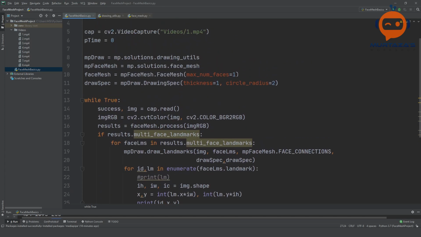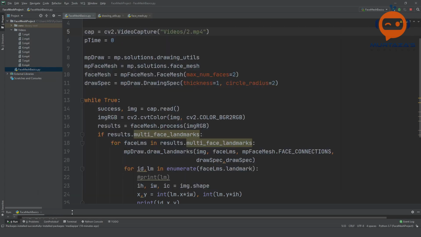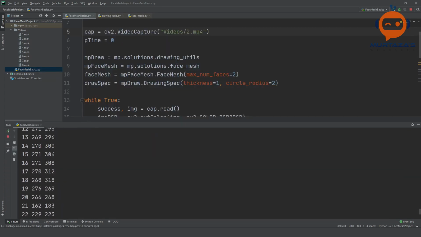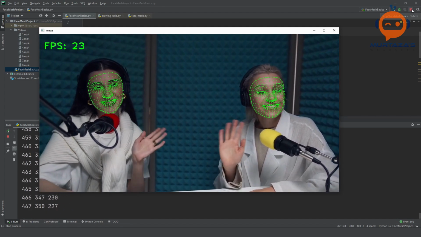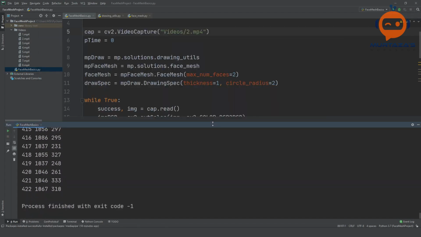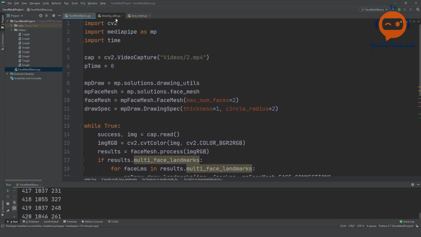So let's run it for 2 faces, and let's run it with video number 2. There you go. If we go down here, you will see a lot of values being generated. That's good. We could also add an enumerate here, and we could write which face number we are talking about, face number 1 or face number 2. But let's forget that, and let's go ahead and do the